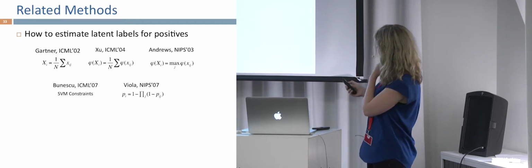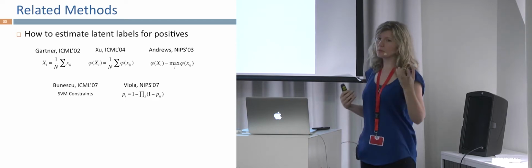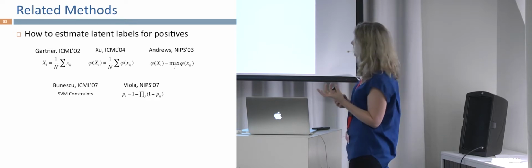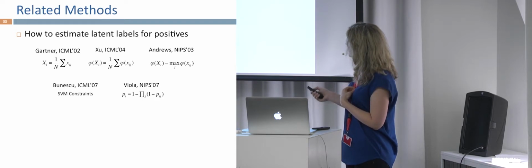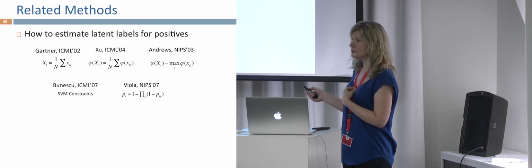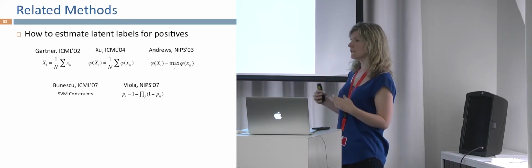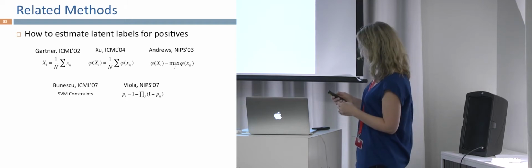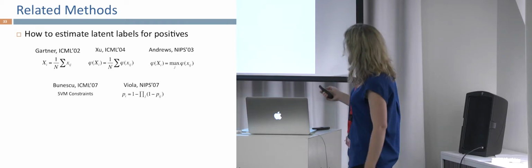there are quite a few existing MIL methods in the literature that take different approaches to estimate these latent labels. Latent because we don't observe the label of the positive bag instances. We don't know what each label of the instance is. So the simplest approach is perhaps just to take the average of all the input features in the positive bag and create a single feature vector, so that now we can use traditional supervised learning. So we just take all those image regions and average them and take the average region as our example.